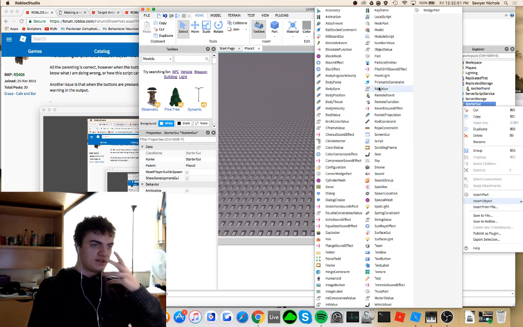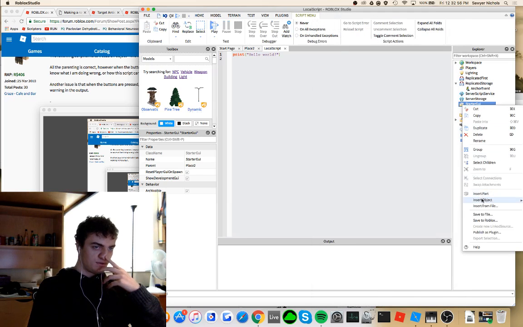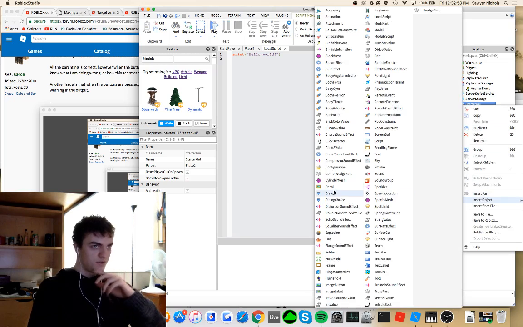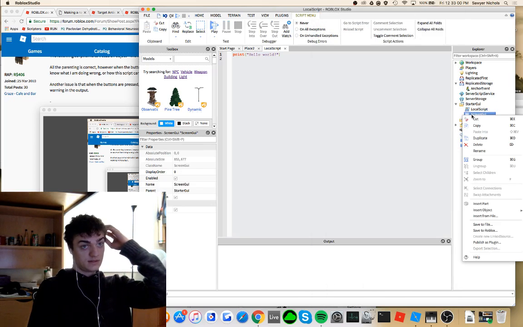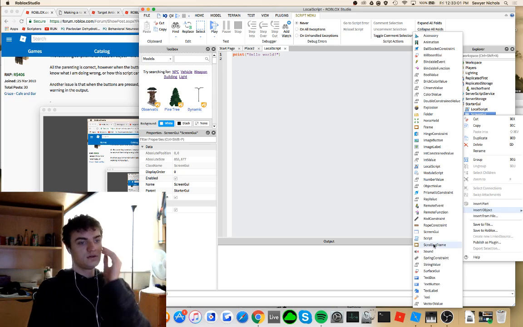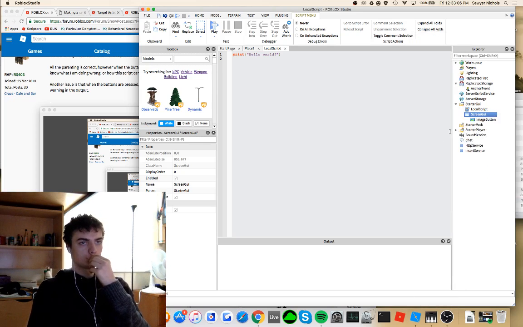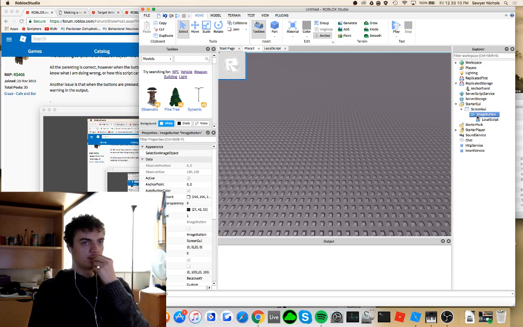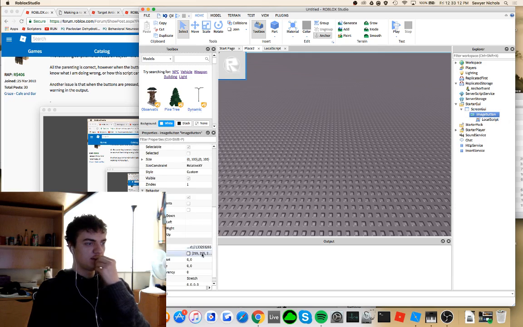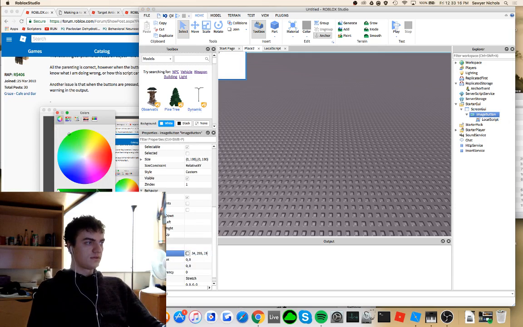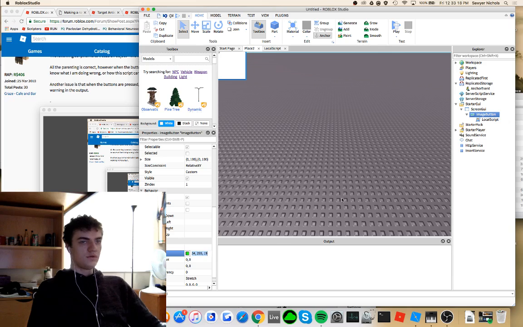we still need to detect the click locally, so some of this will be held locally. Let's add a screen GUI, and let's add to that, let's just do an image button, doesn't matter what it is. Put this in. Cool, I'm going to remove that image ID. And we're going to color it green. Cool. And so,